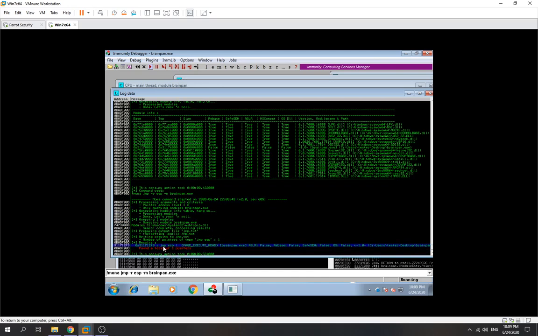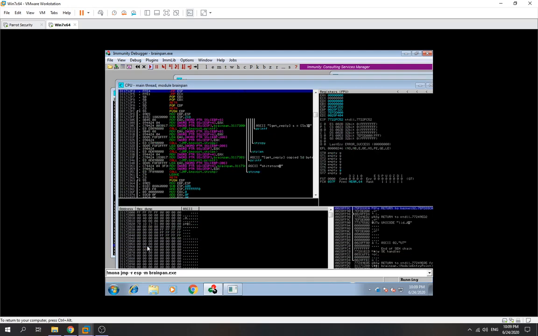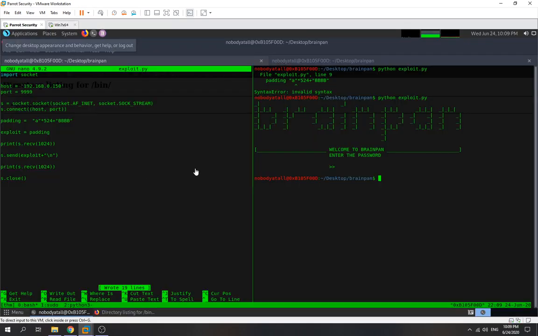Yeah, we found one jump ESP address. So the address is this one, 31171253. We need to enter it reversed because it's little endian. So the jump ESP address is